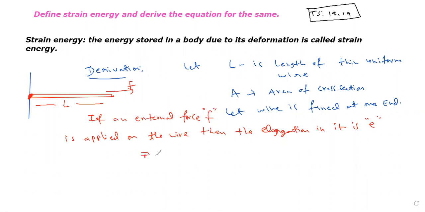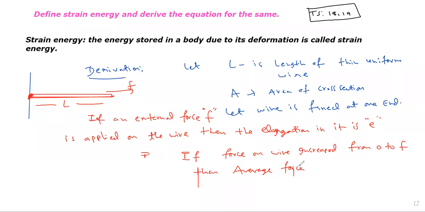Now, next part: if the force on the wire is increased from 0 to capital F, then the average force on the wire can be written as